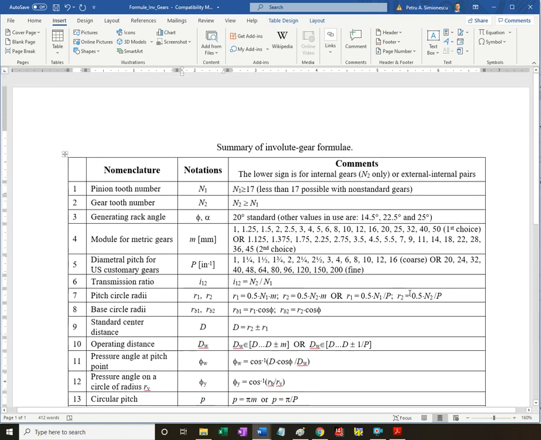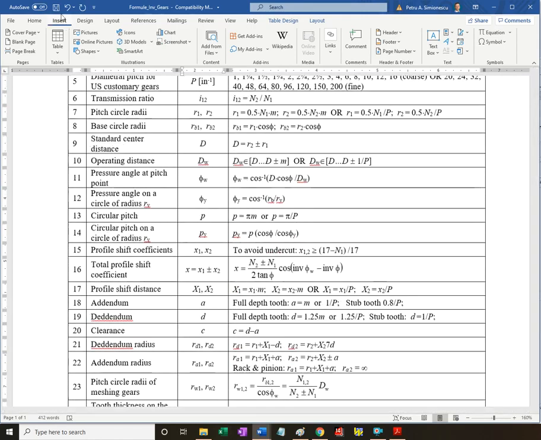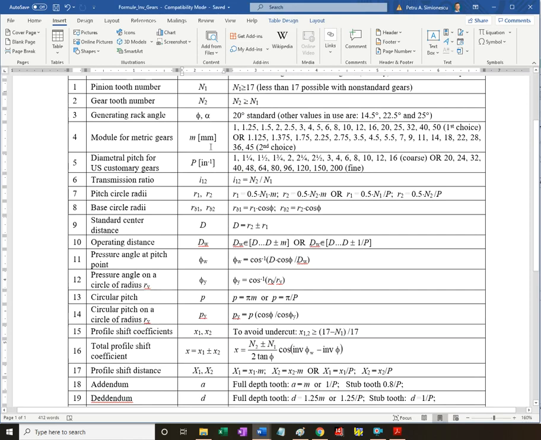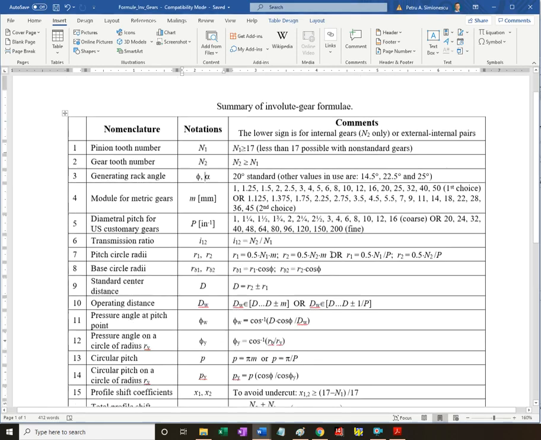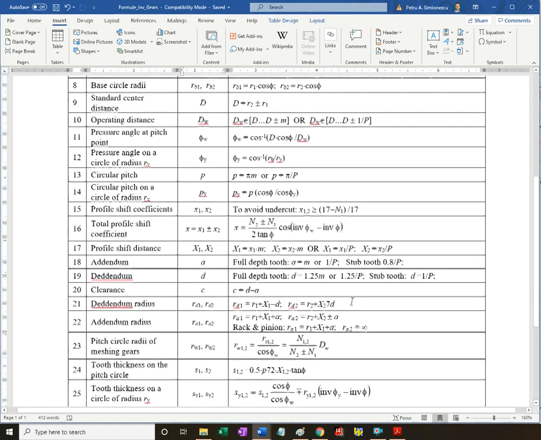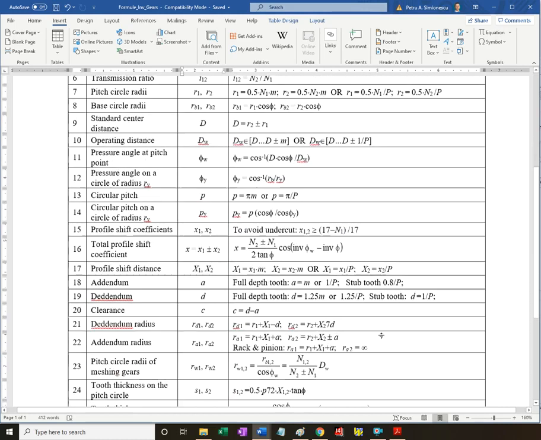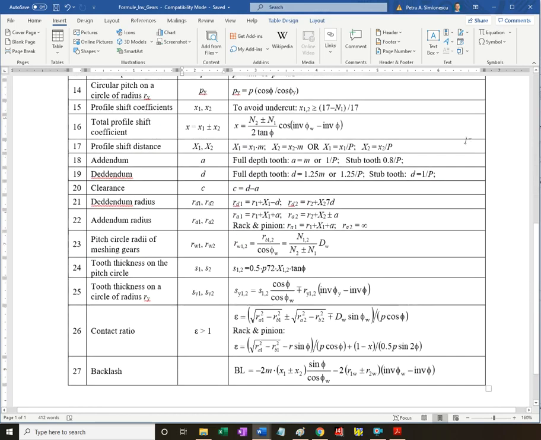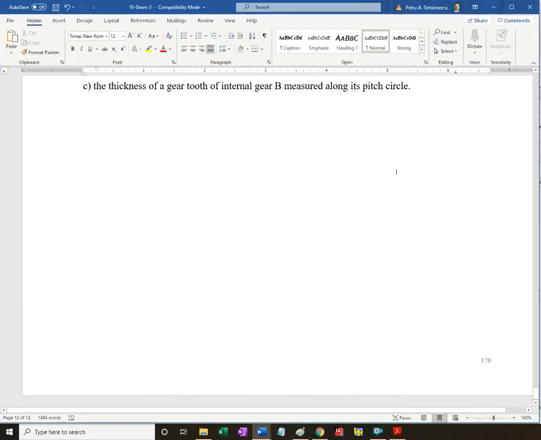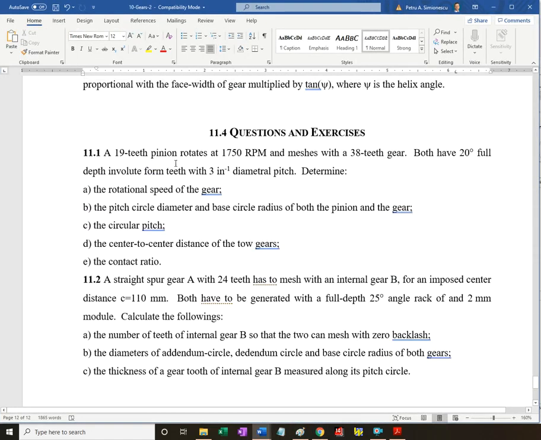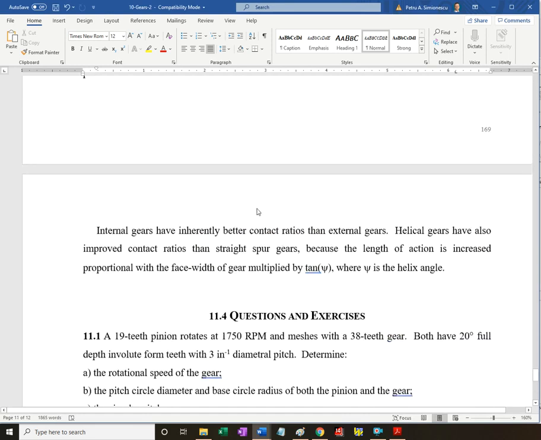So learn how to interpret these equations. Again, there is alpha instead of phi used in the metric system. Otherwise, the standards are pretty much in agreement. Okay, so we're to do these two problems, and this being said,